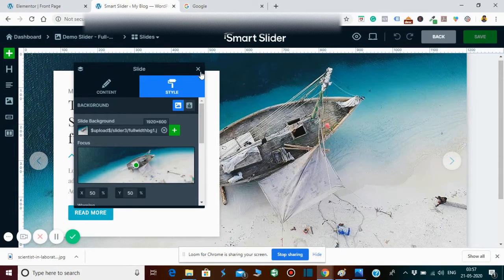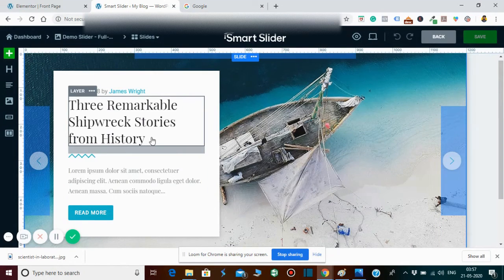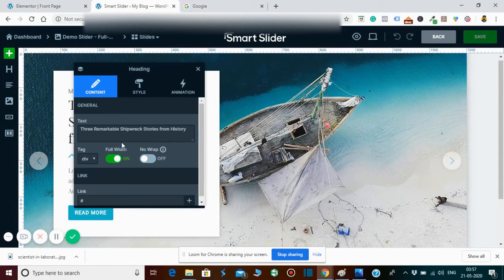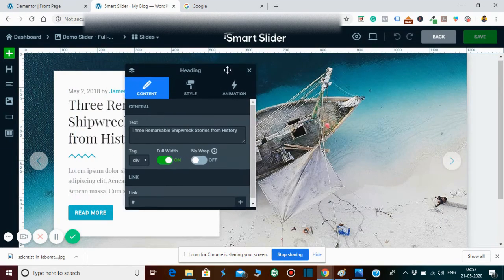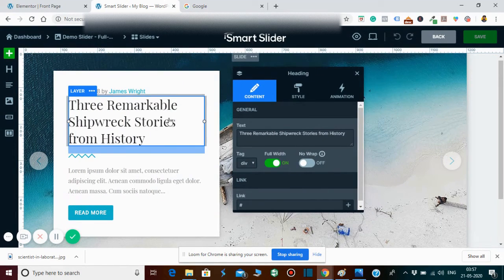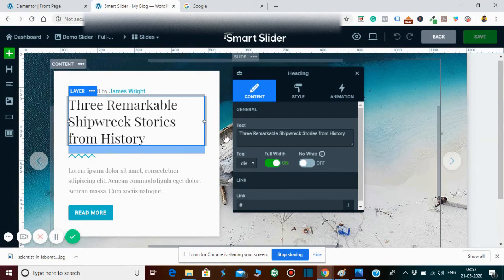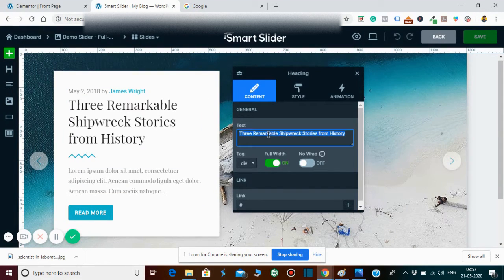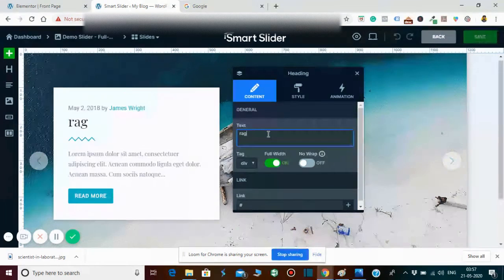For example, if you want to change the name or change the headline, you can simply go and change anything.